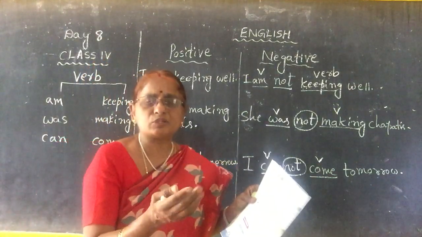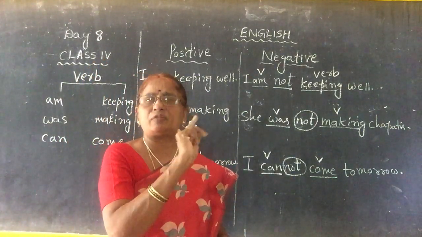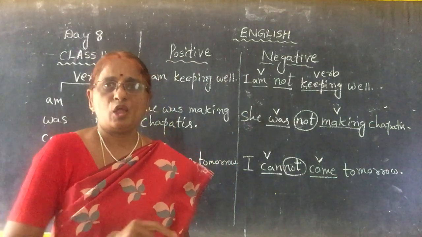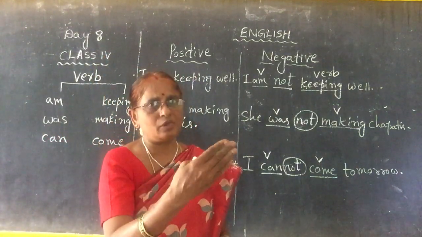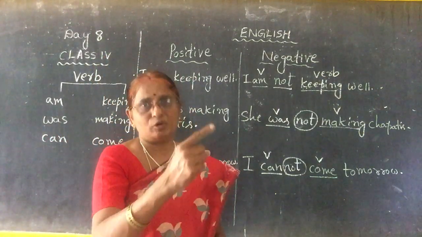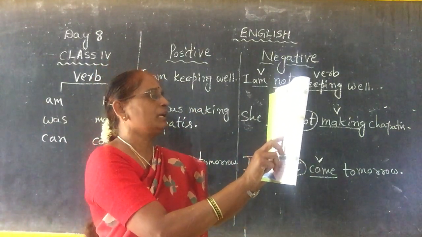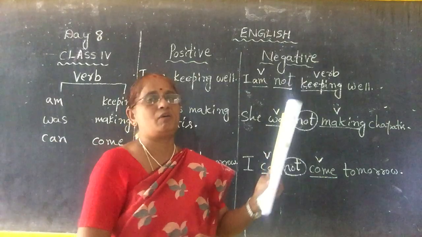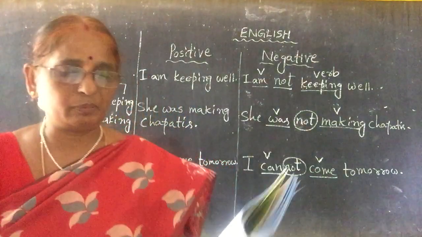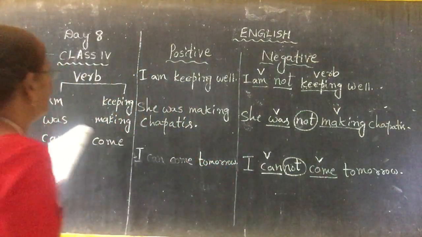When you write positive, there is no negative form of no or not. When you change the sentence into negative, you have to use what? Not. Okay? Now see here. First one: the crowd is gathering around the performers. I will write it on the blackboard, Exercise D, number 1.